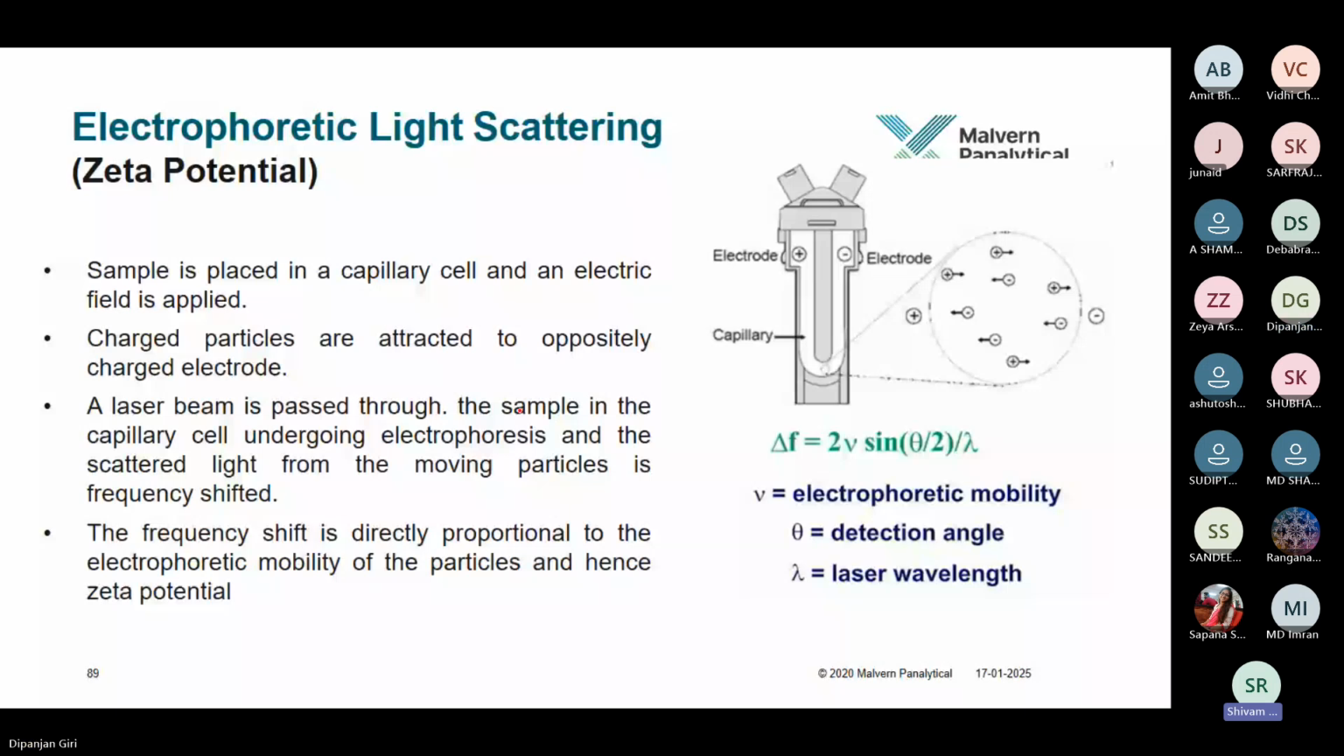These particles' frequency is shifted, and this frequency shift is directly proportional to